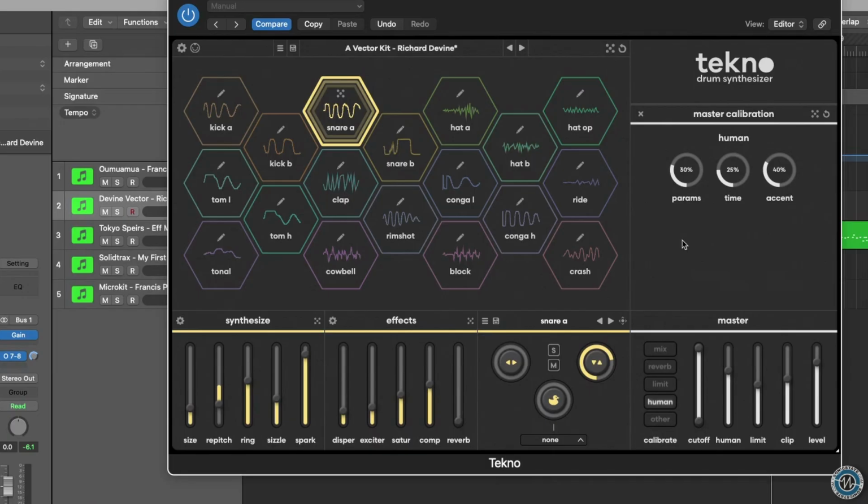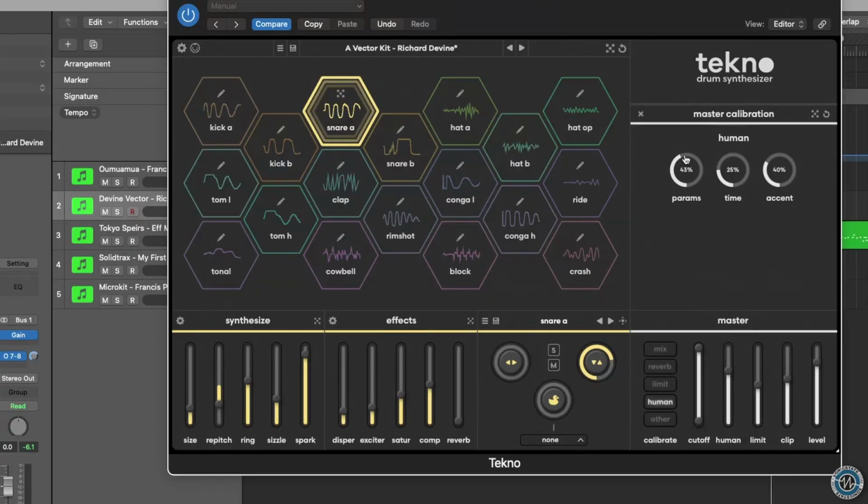So, analog drum machines, we know they're physical components, they're physical systems, and there's drift, and not every hit is the same. And that's something we really wanted to preserve when we were designing Tekno. But then we also wanted to give users the ability to exaggerate it. So, if you go and change the parameter humanization to a high value and set the master humanization